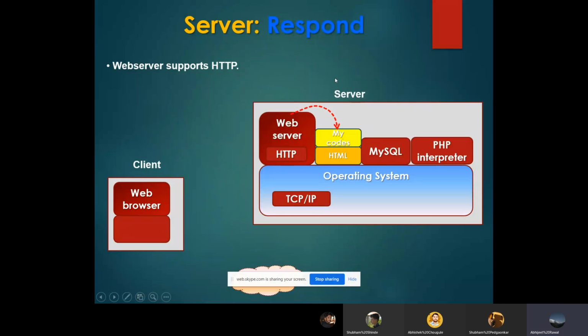When it reads the code, it responds to the server, and the PHP interpreter came into existence. What the PHP interpreter does is analyze the code, read the command and give a response to the web server. Now in the next step, what the web server does is give some kind of response to the operating system